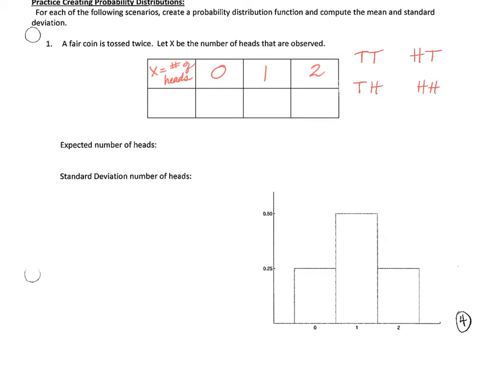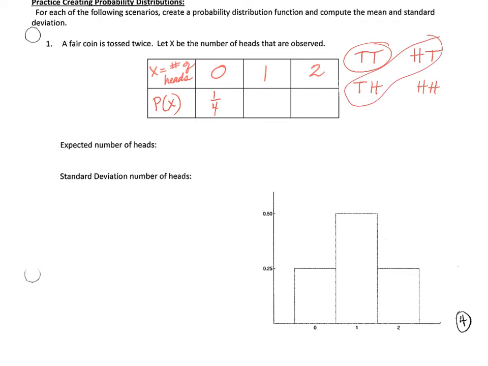So, this second row is the probability of getting those results. How frequently will I have 0 heads when I toss those 2 coins? How frequently will I have 0 heads? 1/4 of the time, that's right. Here is the case when I have 0 heads. So 1/4 of the time. And the law of large numbers tells me that in the long run, that is the percent of time I will have 0 heads. How often will I have 1 head?